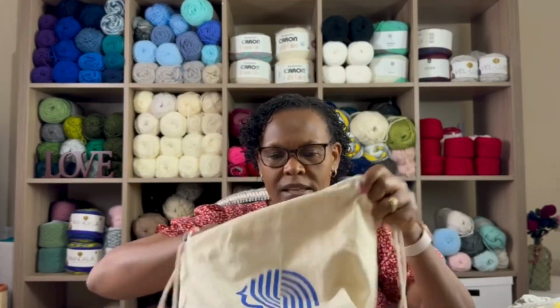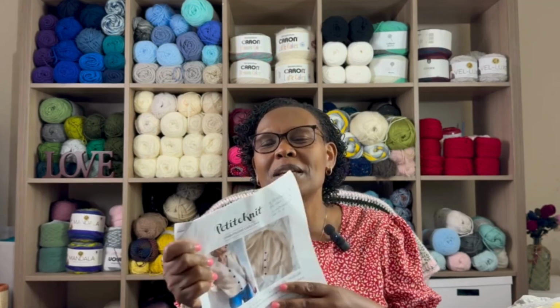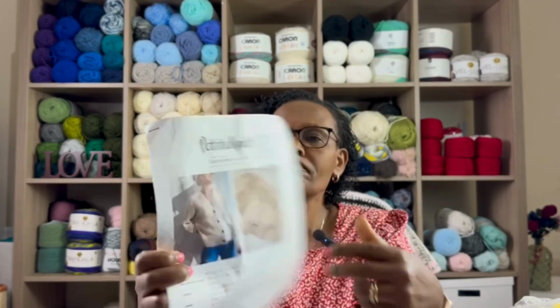This is a pattern by Petite Knit. It's the Champagne cardigan. And this is the second time I am knitting a pattern by Petite Knit. The first pattern I knitted was the Anchors Tee. Is it the Anchors Tee or Anchors Summer Shirt? One of those. Sometimes I get them confused because one is out of a DK weight and the other one is out of a fingering weight. I knitted the one that is out of a DK weight, and I think that is the summer shirt, and the one out of a fingering weight is a summer tee. But this is the pattern, the Champagne cardigan by Petite Knit,